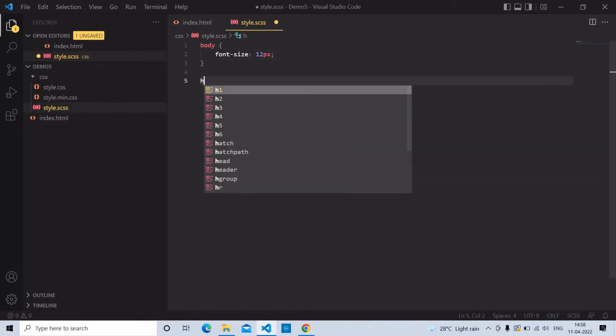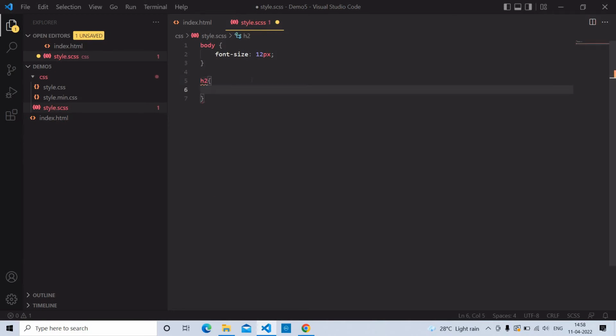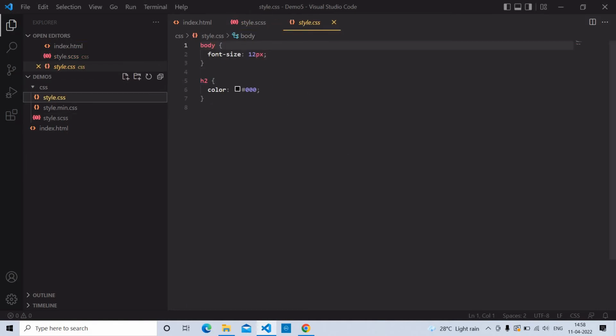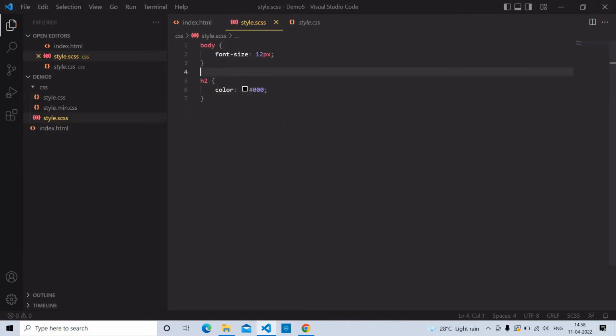Like you can write anything, h2 color black. You can check here, everything will be copied here. So in SCSS we have some new features, which are variables, mixins, and nesting. What are variables? You can create variables with the $ sign. Like you want to define a color, like color white,